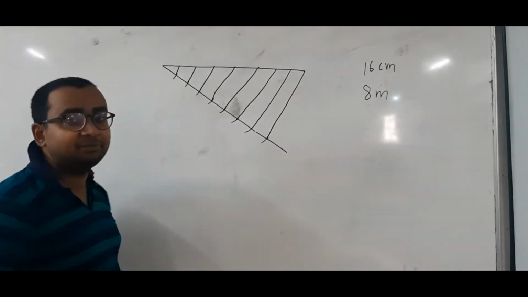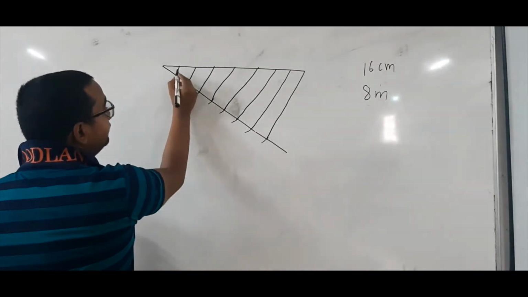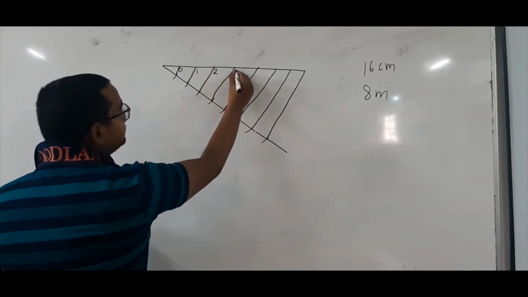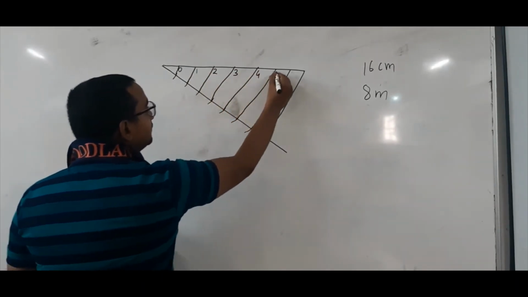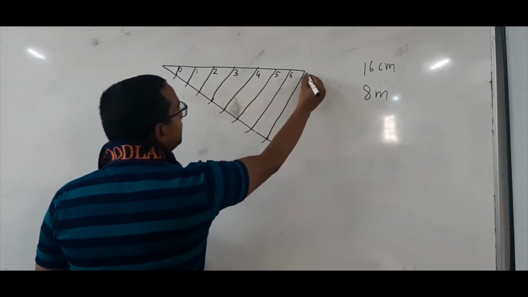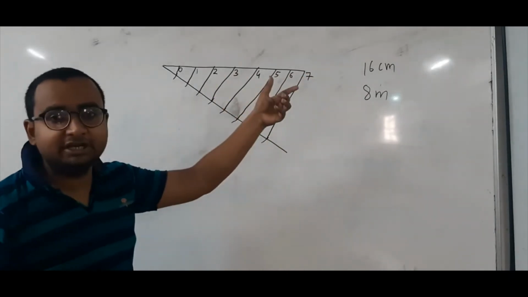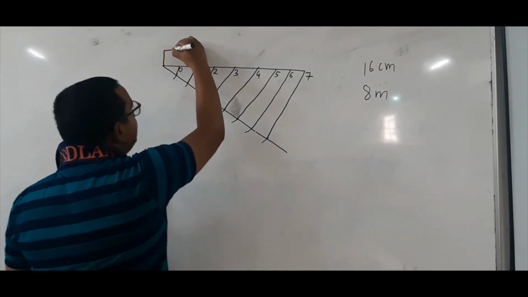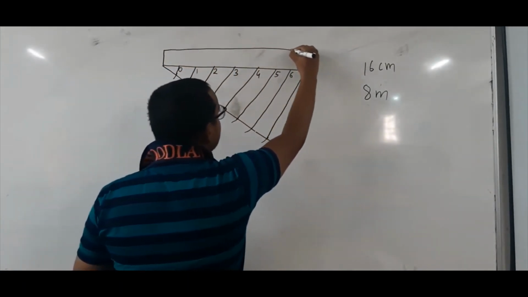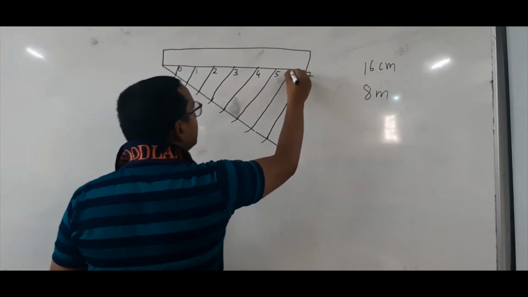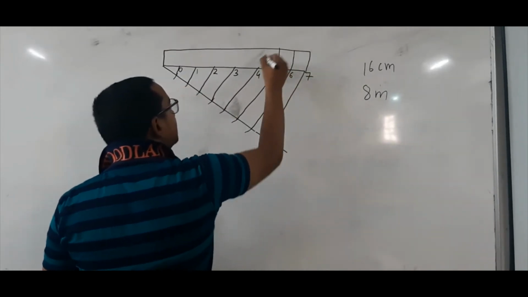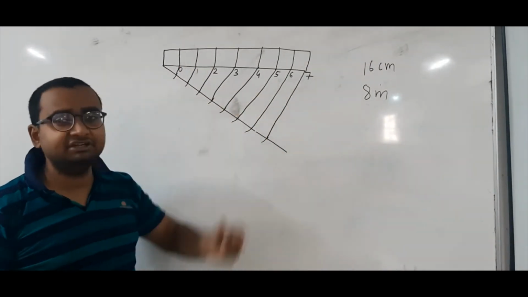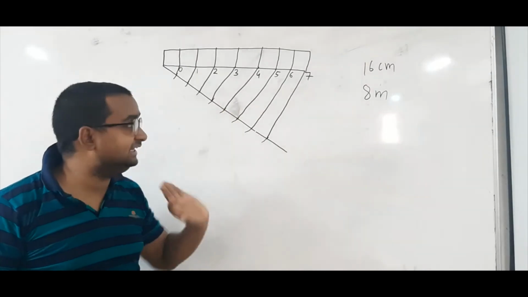Now each division represents a distance of 1 meter. We will indicate the distance. Here we have named the divisions as well. Now we will give it the shape of a scale. The scale comprises 8 divisions, and each division is a distance of 1 meter.